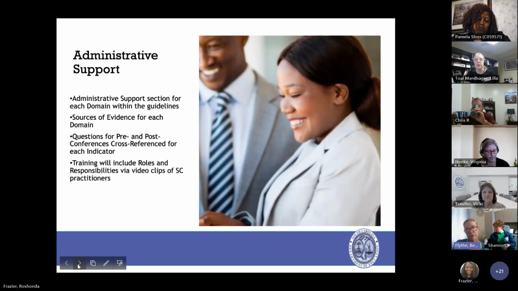So one of the things we incorporated throughout the guidelines, throughout the evaluator training, and throughout all of the rubric, all of the materials in SC Lead, are directed supports for those administrators to be able to see and encompass the whole role of the school librarian. We've included a whole section in the guidelines for ways that administrators can support their school librarians. We've aligned each one of those domains and each one of those indicators to specific sources of evidence and put it in writing right there in the rubric for you.